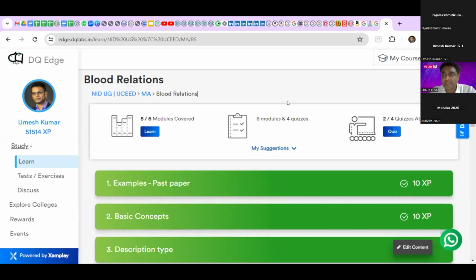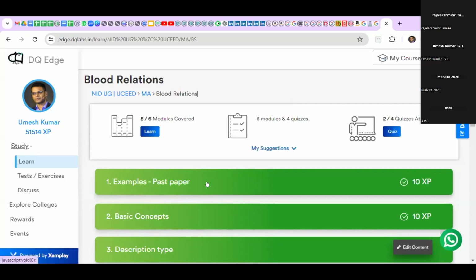So I had a doubt. I solve the exams and everything that come every week, like the NID AIMS papers. And one thing I noticed was that the GK questions that come are very diverse. It stretches all the way from fashion to basic technological and current affairs. So I wanted to know how we could study all of that and get a brief grasp of everything, because we're not really sure what type of questions could come. And the content in DQ Edge also is a lot to study together. So can you tell us how we can